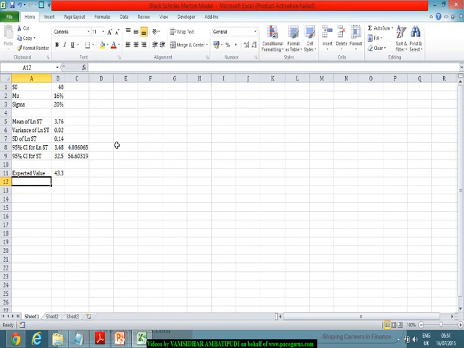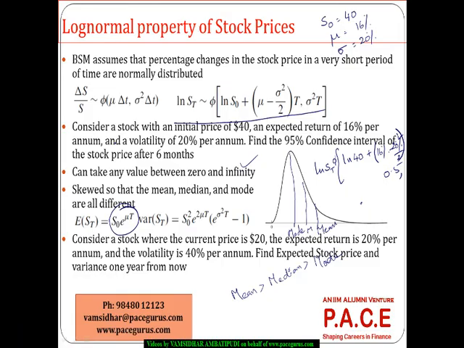So the expected value comes to around 43.3, and the variance of ST comes out to S0 squared e power 2 mu t times (e power sigma squared t minus 1), which is nothing but, if you look at it,